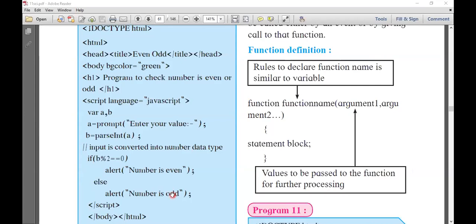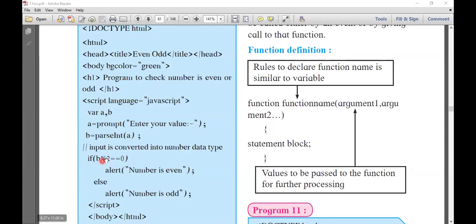Suppose 3 is the number. When you divide 3 by 2, 2 ones are 2, 3 minus 2 is 1. So the remainder is 1. So if remainder 1 is equal to 0, which means 1 is not equal to 0, the double equal sign is used to check whether the value found in the expression is 0 or not. If the expression evaluates and the result is not 0, then the else part will execute.